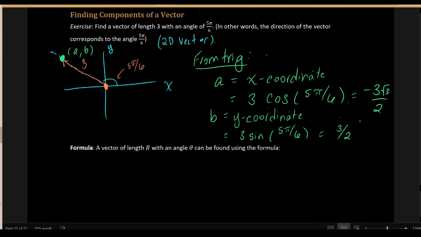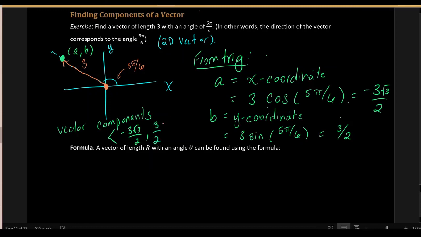So then, what are the components of this vector? How would I represent it symbolically? The vector components are angle bracket negative 3 root 3 over 2 in the x position, and the y component of the vector